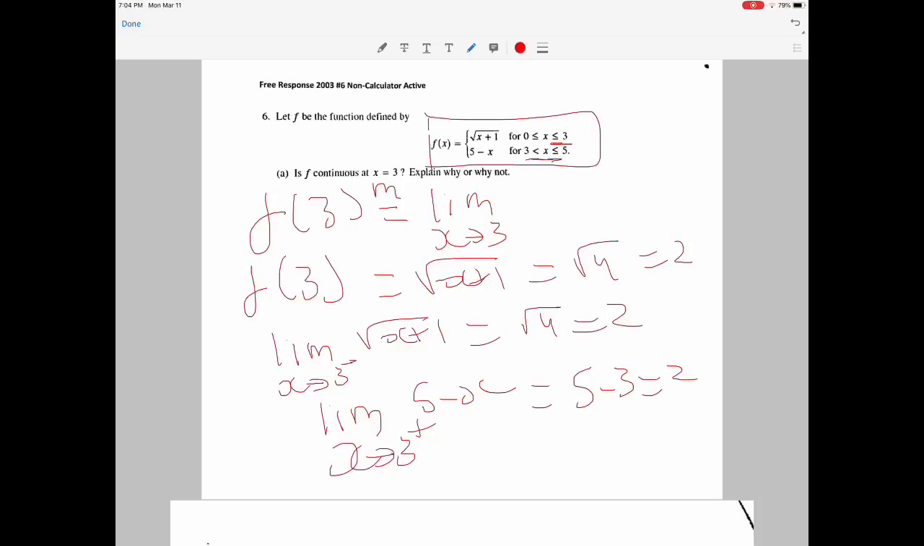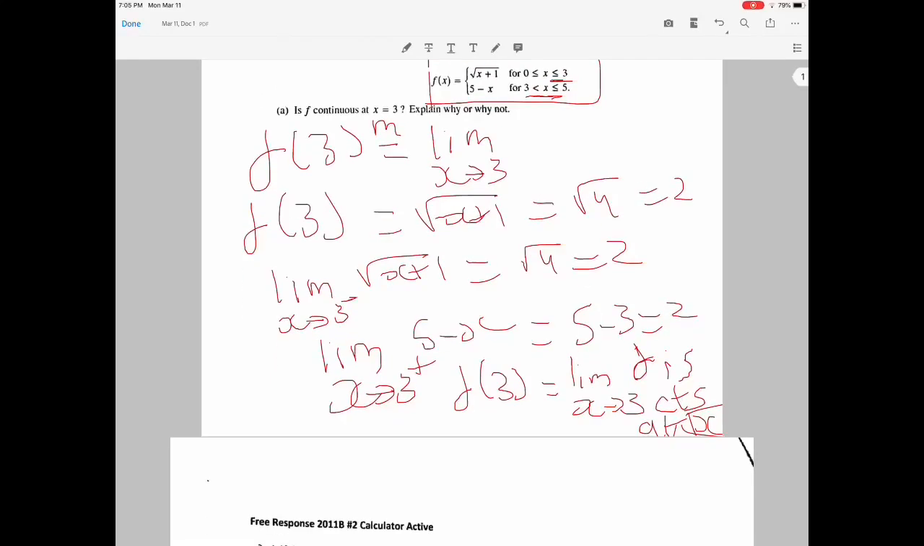So since f of 3 equals the limit as x approaches 3, f is continuous at x equal to 3. So we go to the next question,